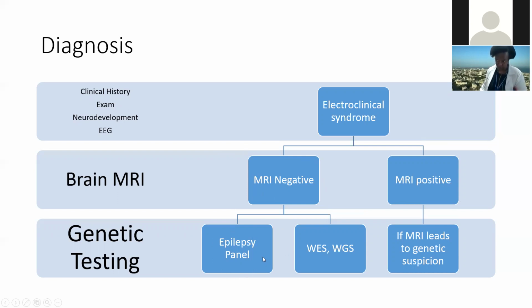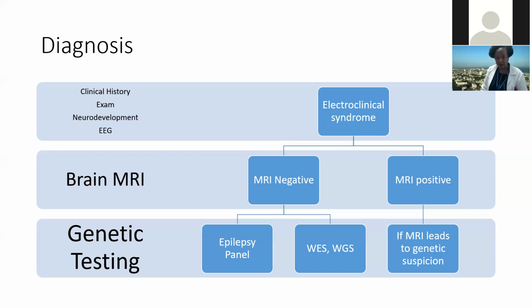And then we have the choice to do today's epilepsy panels. 20 years ago, we didn't have this, we had single genes. So we basically had to go to a roulette until we found a positive one. Today we have panels that group up to 200 genes. So with a single test, you get the answer. And if that test doesn't give you the answer and still your suspicion for genetic is big, then you can go to a whole exome sequencing or a whole genome sequencing. And they are arguing in some places that this should be done earlier than we are really doing it, okay?